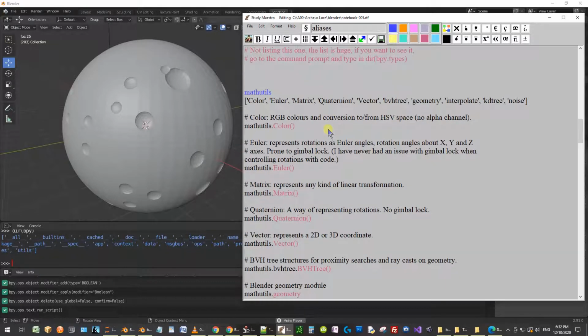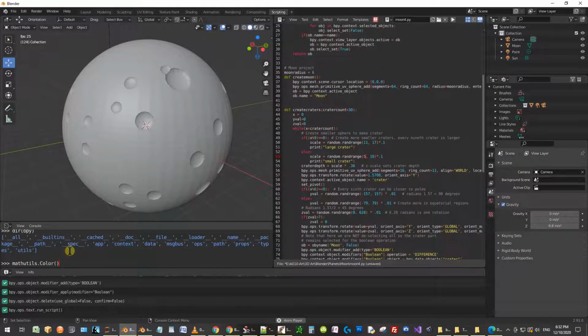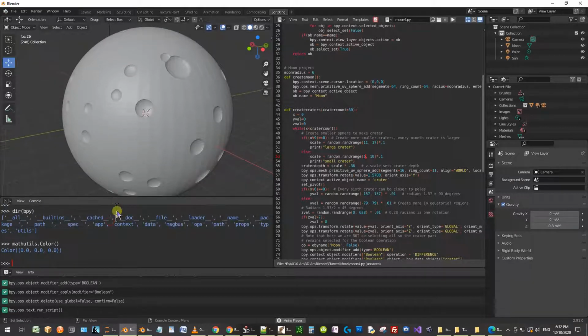And now we have mathutils that I'm going to go over. So you have Color, Euler, Matrix, Quaternion, Vector, bvhtree, geometry, interpolate, kdtree, and noise. Some of these you probably will not use unless you get into deeper technical work. So for Color, it's going to come out like this. In fact, if you wanted to create a color, you could go color equals,